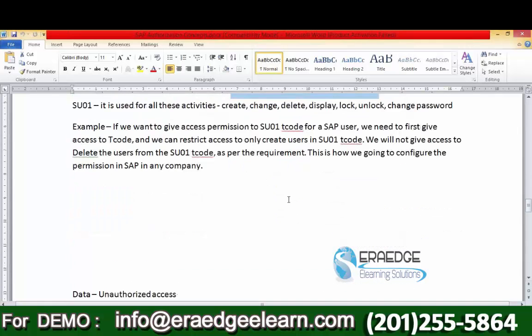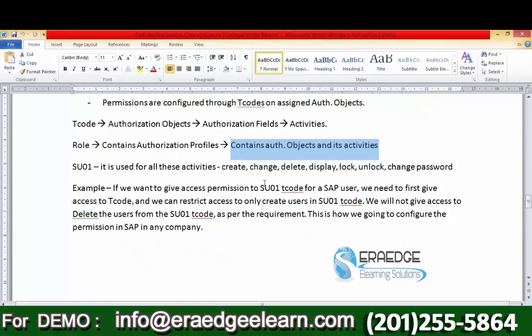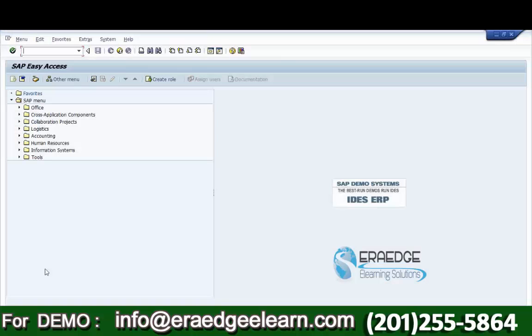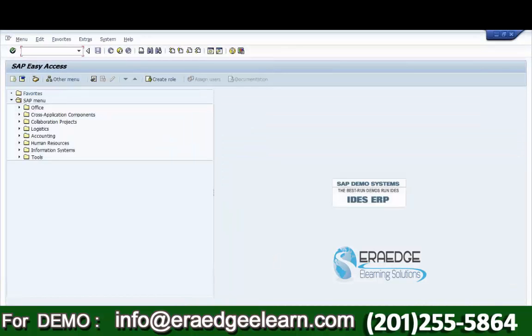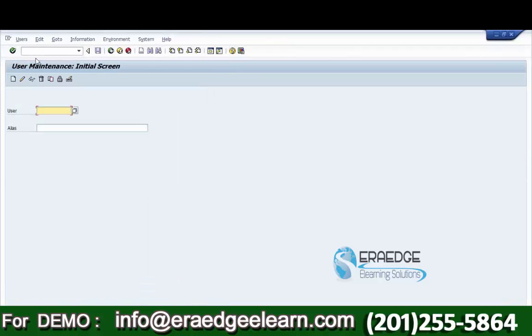Okay, so till here we discussed this, if I am not wrong. Am I right? Based on this information, I would like to start configuring the security rules. Before I go to security rules, let me create one or two user IDs.